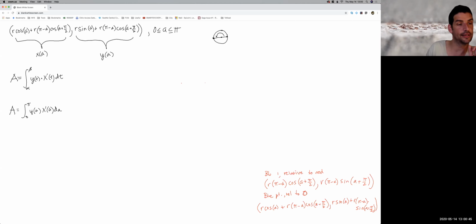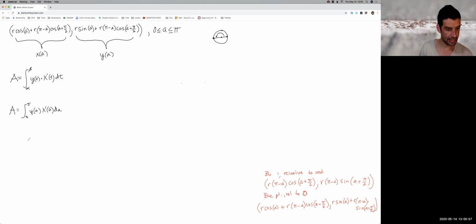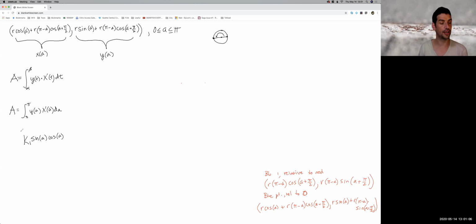Now, it's going to be a little bit ugly, but it's not that bad. There's a bunch of constants floating around. We're taking derivatives with respect to A. What you're going to end up with are terms like this: some kind of constant times sine of A cosine of A. I'm just going to write K1 for some constant. And you're going to have terms that look like some other constant times sine squared of,